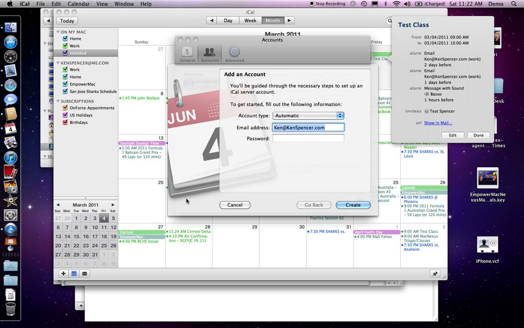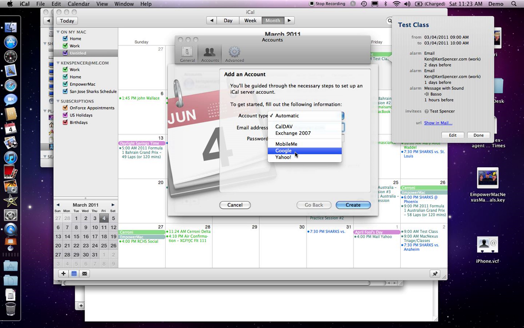If I want to add a CalDAV, which is what me.com uses, what Google uses and stuff, these are my choices. I can add a Mobile Me calendar. In other words, if I have a Mobile Me account, I could link to it. If I have a Google Gmail account, with your free Gmail, you get Google Calendar, so it will link with it. And if you have 2 computers or an iOS device and a computer, multiple devices, if you tell them all to sync with a Google or a Yahoo Calendar, it will. That's the intermediary, that's the server,